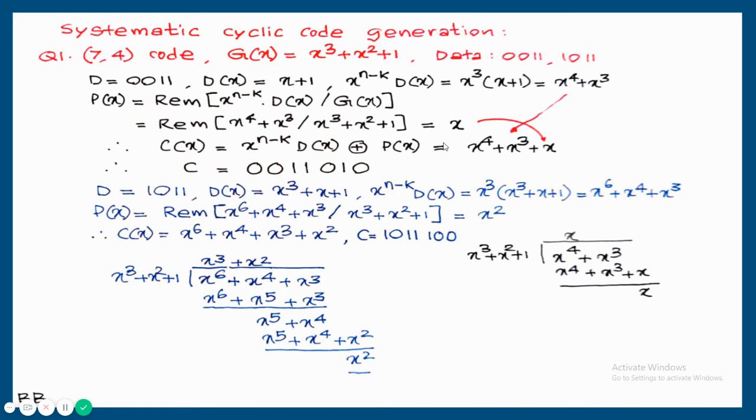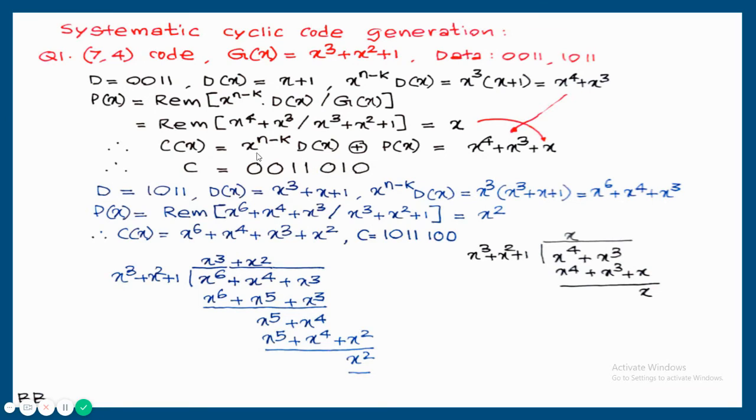It's a 7,4 code. Due to that reason, 7 bits are needed. For getting 7 bits, the degree of the code polynomial has to be 6. So that is why we are starting with x raised to 6, but x raised to 6 is not here. That is why 0. There is no x raised to 5. X raised to 4 is there. X cube is also there. No x square. X is there. No 1. So the answer is 0, 0, 1, 1, 0, 1, 0.